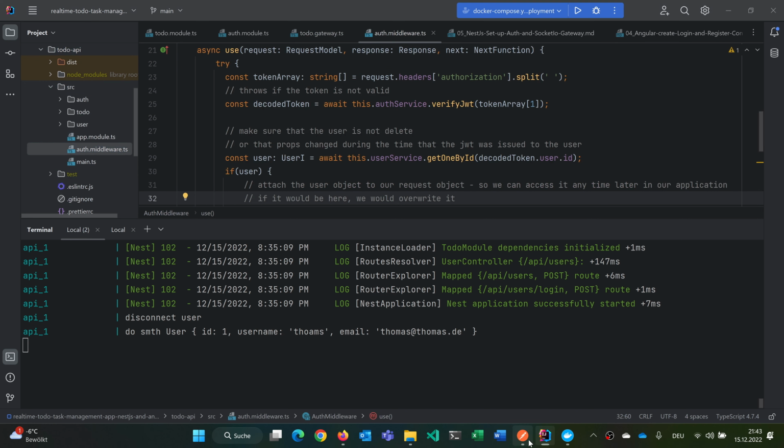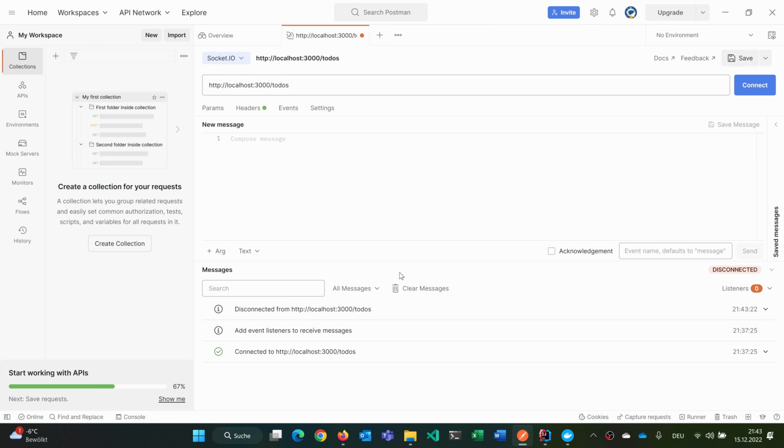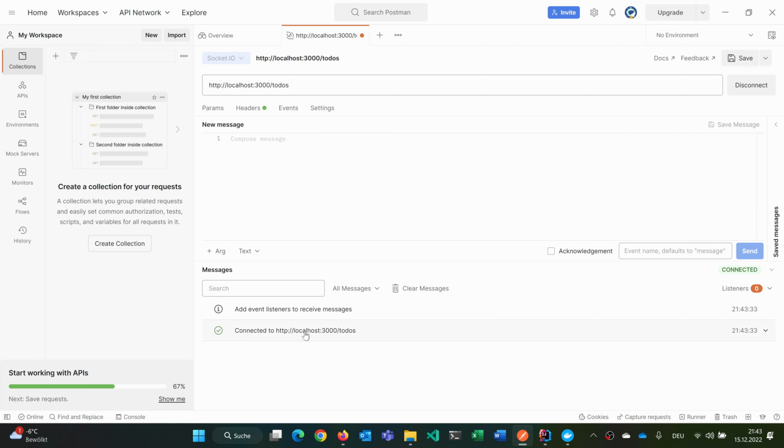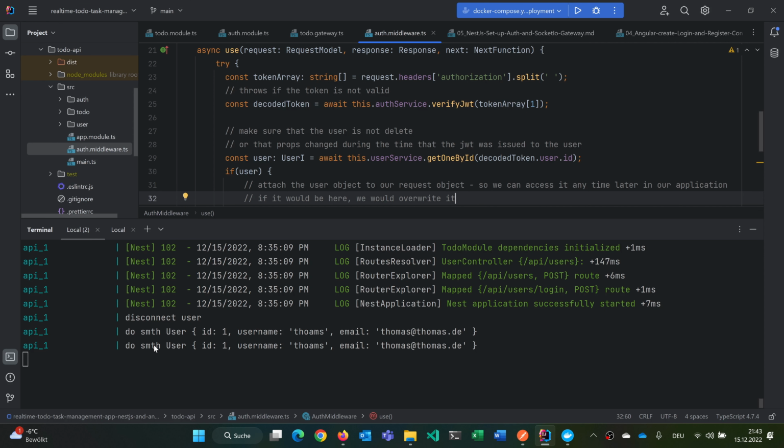And just to show you, we are having here in Postman set up, we are trying to connect with Socket.io here against our to-dos namespace. And we are providing him here our valid JWT. And then we can say connect, and we are getting connected, and we could add event listeners to receive messages from our server. And you see it here. Then we are authenticating our user correctly,